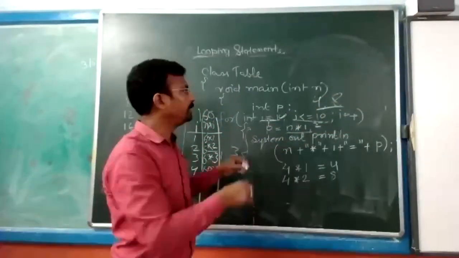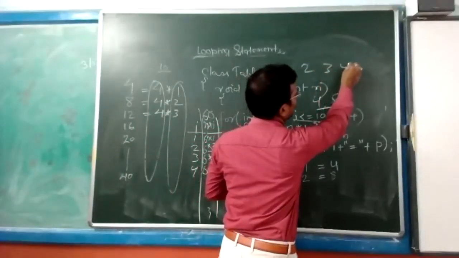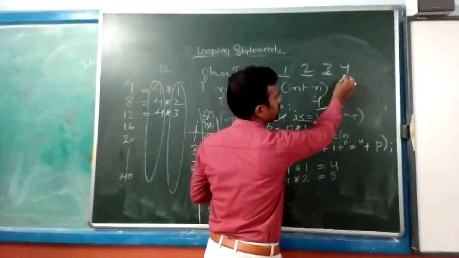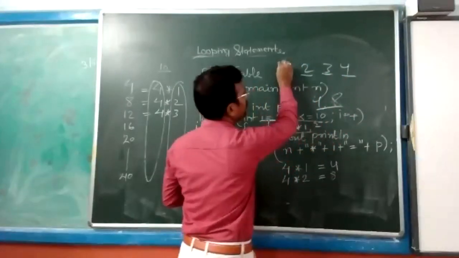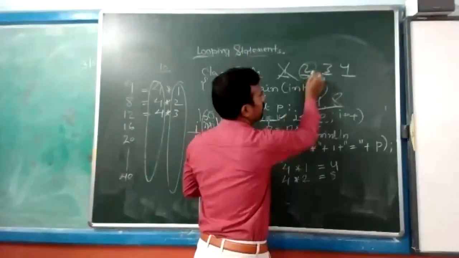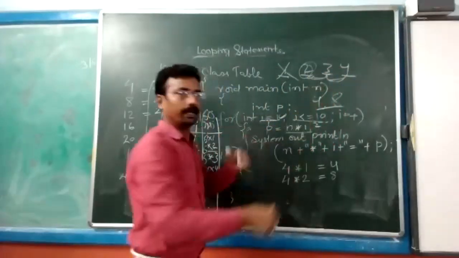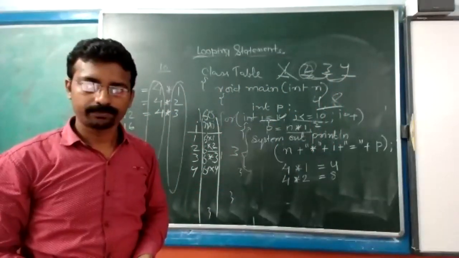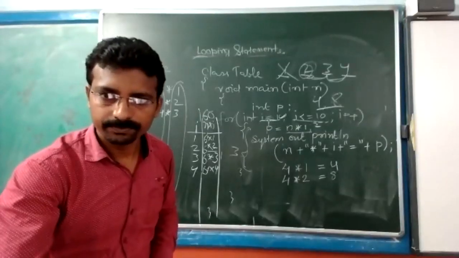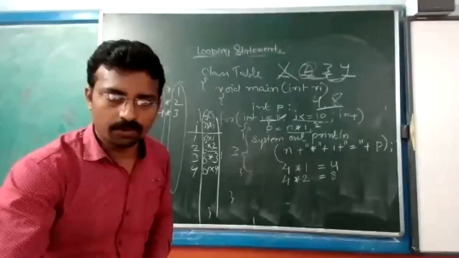That's why in the starting only I told you the sequence 1, 2, 3, 4. This is initial, condition, block statement, and updation. This will be after the first run out. Then only condition, block statement, updation. Condition, block statement, updation. This way it continues. Is it okay? Thank you, sir. Any more query?